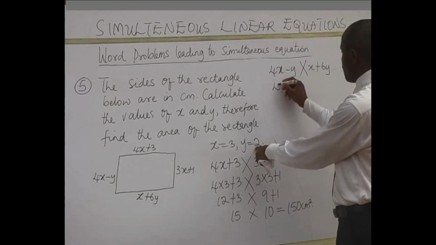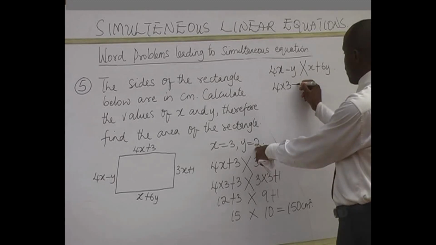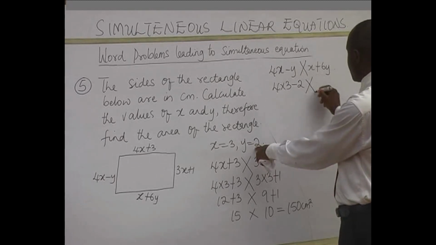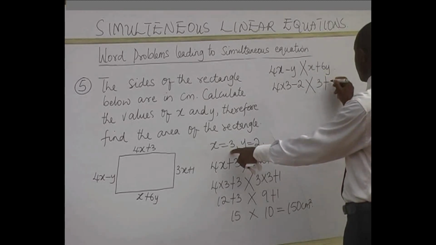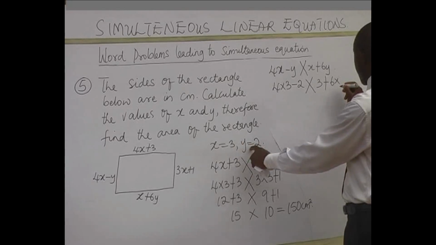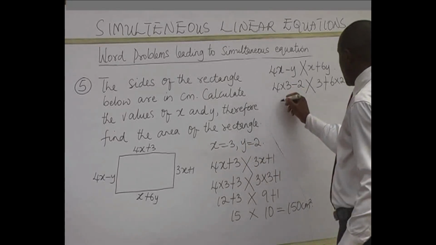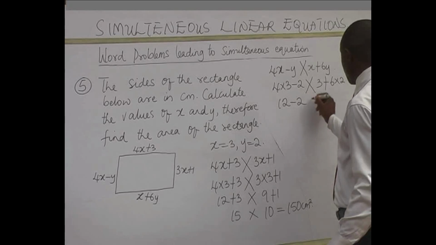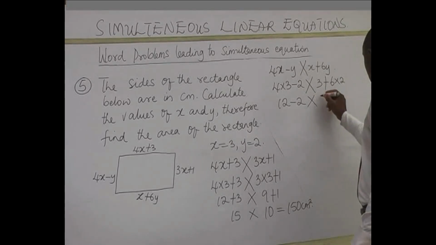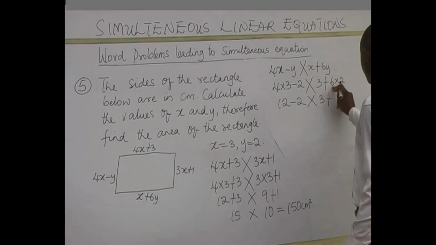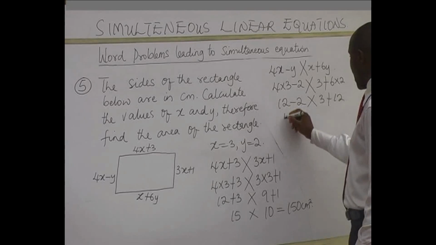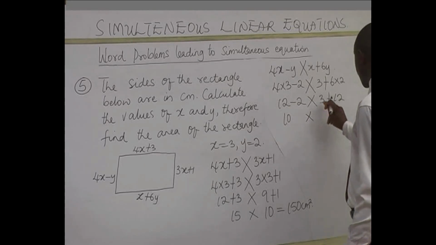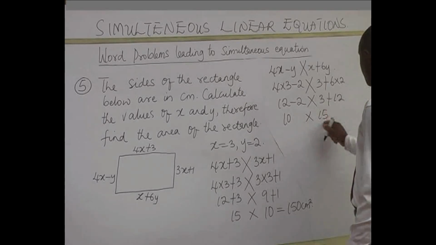So here we have 4 times 3 minus 2, times 3 plus 6 times 2. This will give you 12 minus 2, times 3 plus 12. 12 minus 2 is 10, times 3 plus 12 is 15. And if you multiply 10 and 15, you have